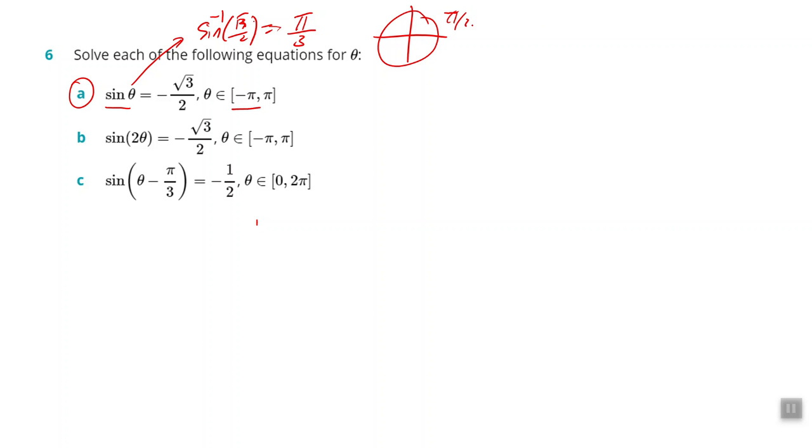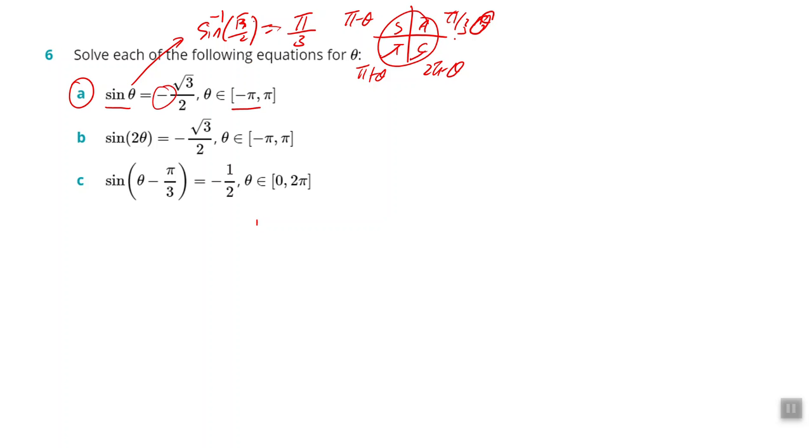Pi over 3 sits here in the first quadrant. That's my theta. In the second quadrant, we have pi minus theta. Third quadrant, pi plus theta. And in the fourth quadrant, 2 pi minus theta. So that's my All Students Take Chocolate. I know sine is negative, because we got a negative value here, in the third